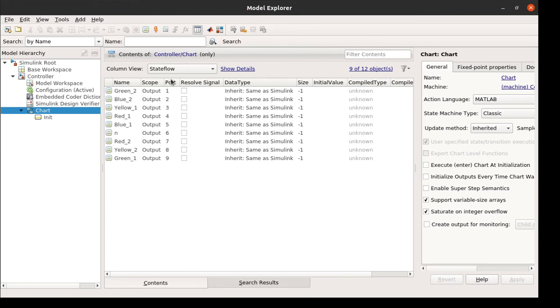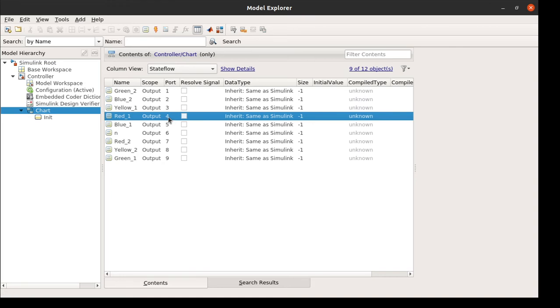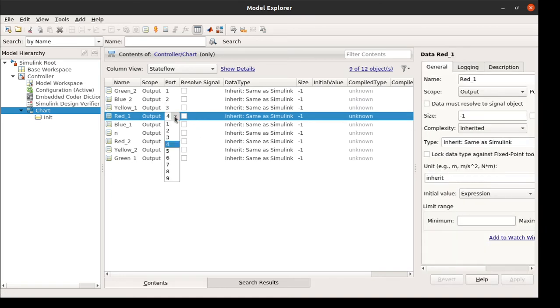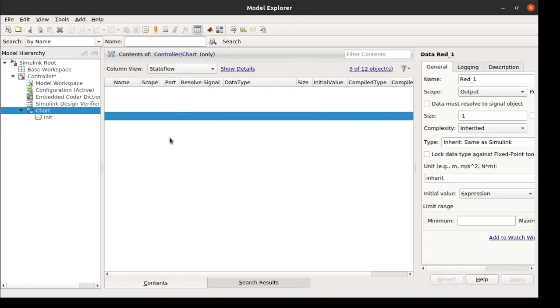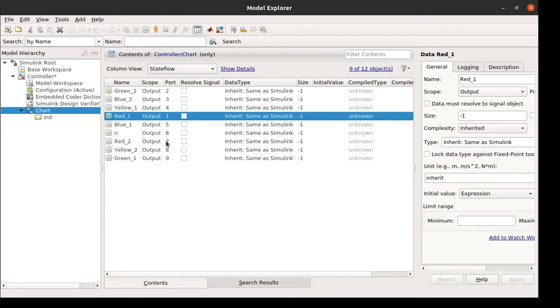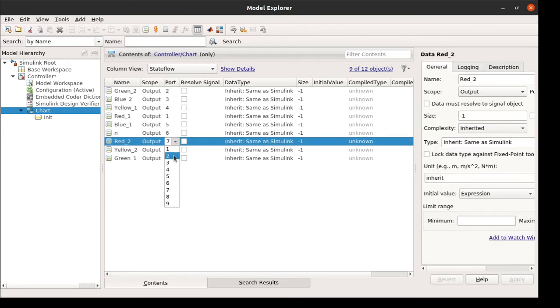Here the port is there, but you can change the port if you want using the button. So red 1 I want to have as 1, automatically it changes. Red 2 I defined second, so make it 2, and next will be green 1.